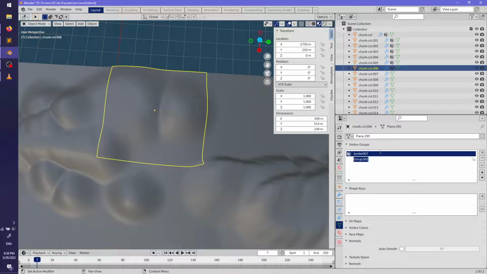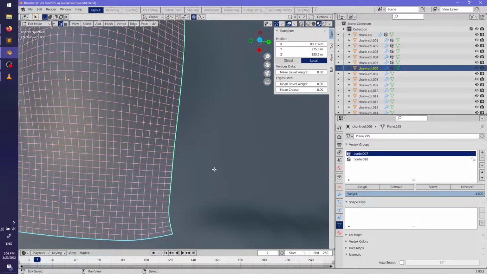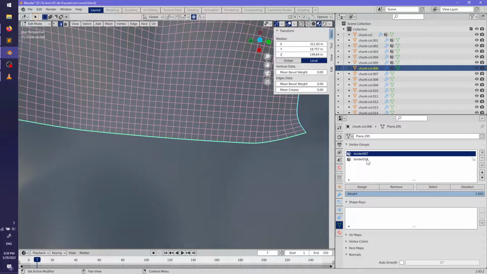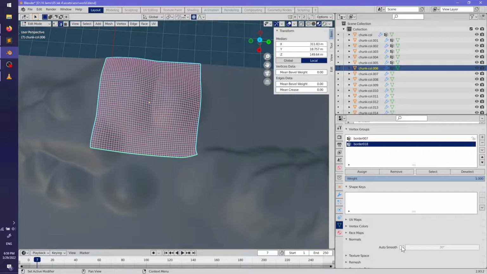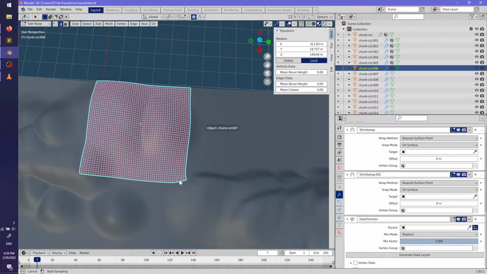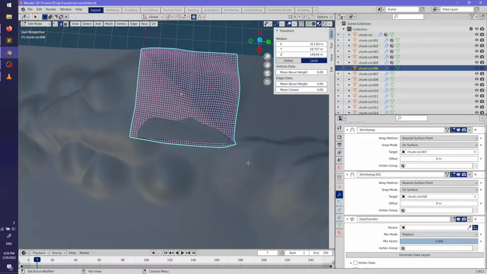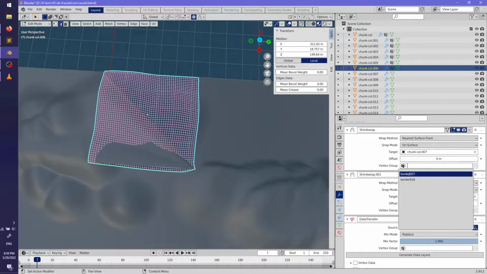Border 007, border 018. We're almost 1/24 of the way done. Did I do that right? I did that right.